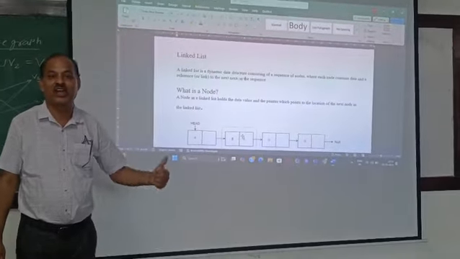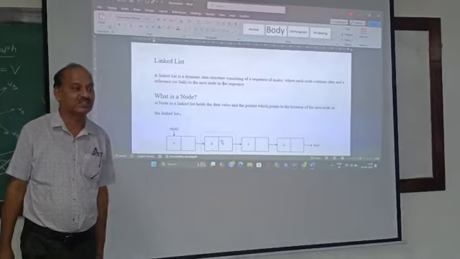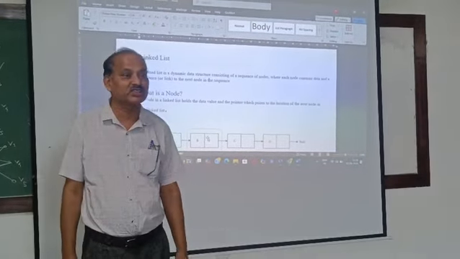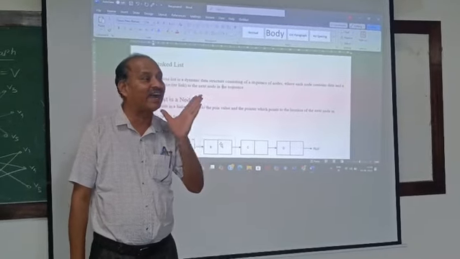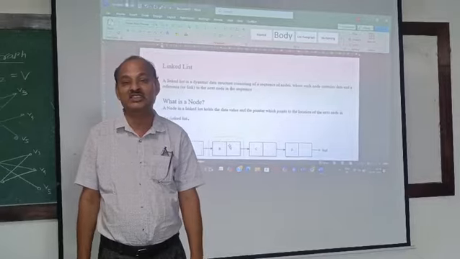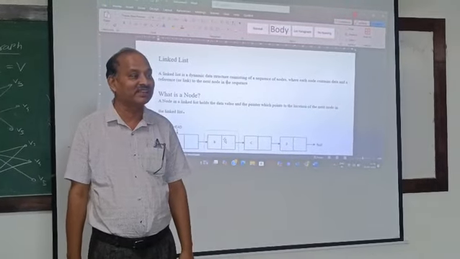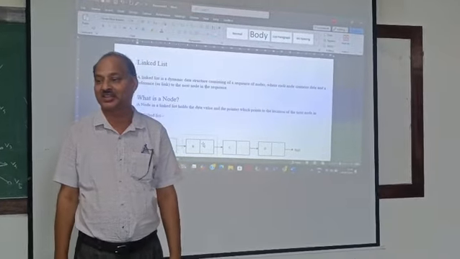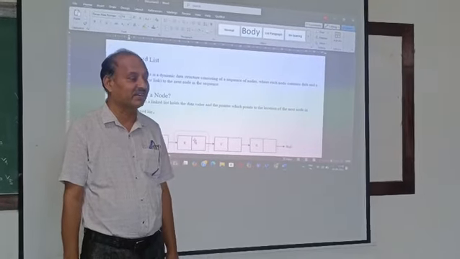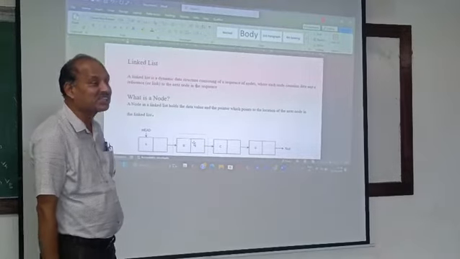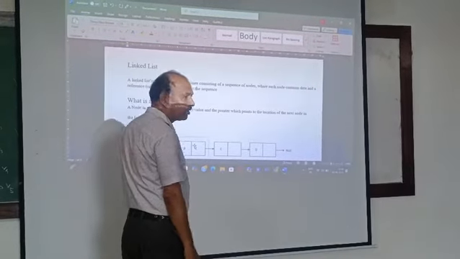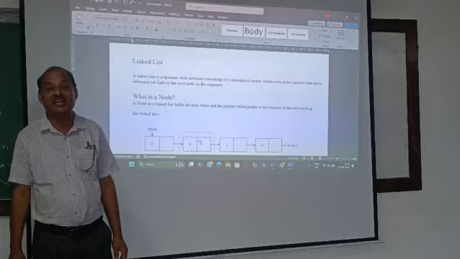Okay friends, today we are going to discuss the linked list data structure. As you know, data structure is the combination of two words, data and structure. How you structure the data is the main scientific technology of the data structure. It is the creation of data in a proper format, that is, data in structured format. So now we are going to discuss a part that is linked list.